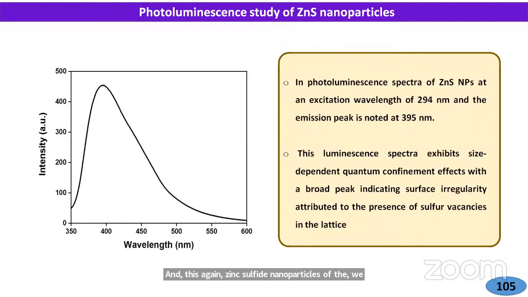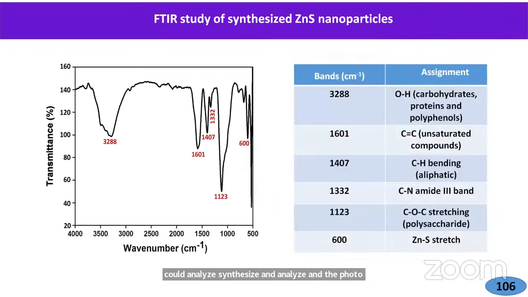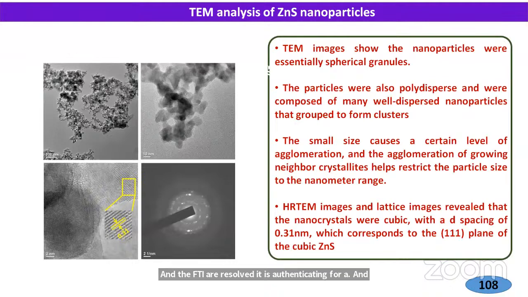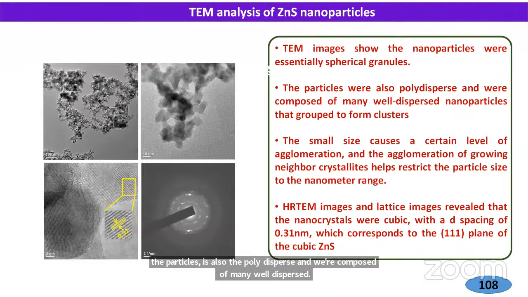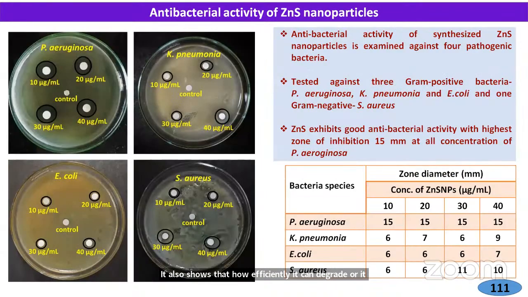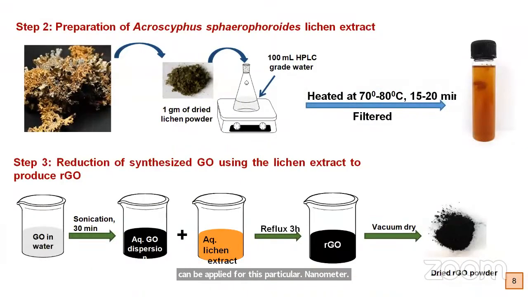And the photoluminescence study we could see, and the FTIR result is authenticating the nanomaterial formation, and the particles are also polydispersed and were composed of many well dispersed nanoparticles in clusters. So what type of clusters or agglomeration there is also shows how efficiently it can degrade or be applied for this particular nanomaterial. It has also shown some good antimicrobial activity, and